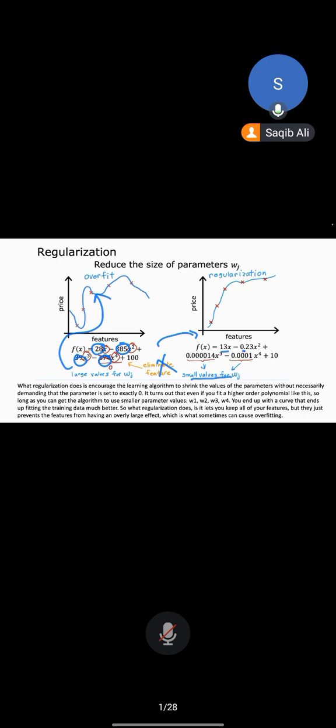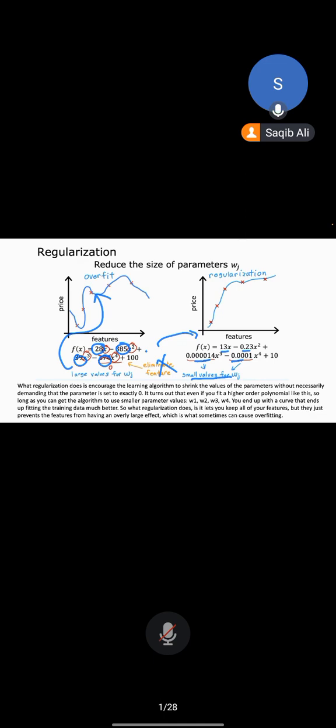Since Wj is small, the contribution of this feature also becomes small. We can also change the value of b, but it does not make any major difference